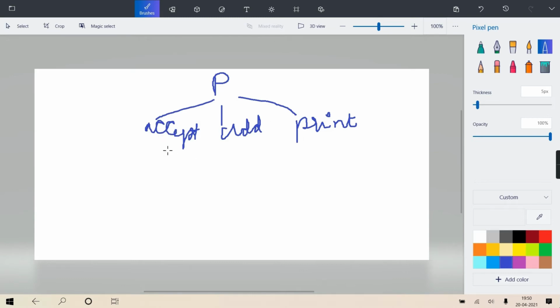For every sub problem, you will assign a designated task. This one is going to do only the accepting task. This is only going to do the addition task. This is just going to do the printing task. Clear? For every sub problem of your main problem, you'll write a separate sub program. It is also called a function or a procedure. You can call it a function, procedure, subroutine, sub-program. Many names are there.